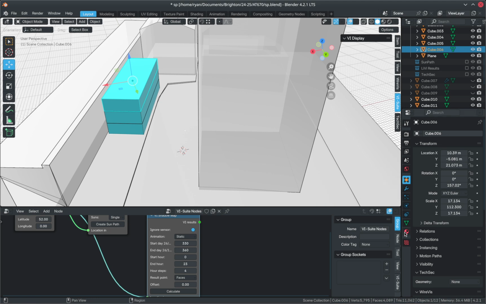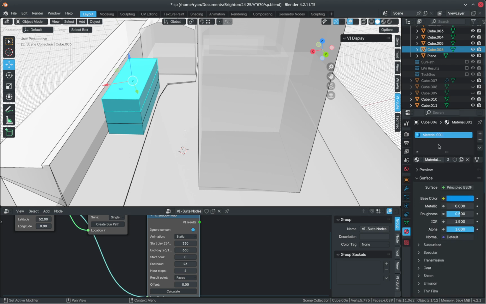And this red globe here, that is the material property panel. So for the currently selected object, I click on that and it will tell me what material is associated with that block. If there is no material associated with the block, then I would hit plus here to create a